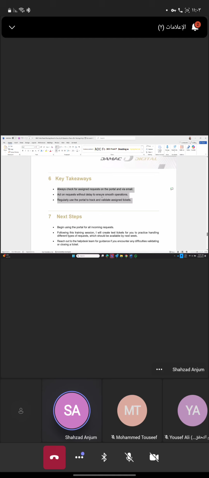Act on the request without delay to ensure a smooth operation. And then regularly use the portal to track and validate assigned tickets. I can understand that regular use is not possible, especially for the operation team. But again, as I have said, these mechanisms are there to help you understand if there is any